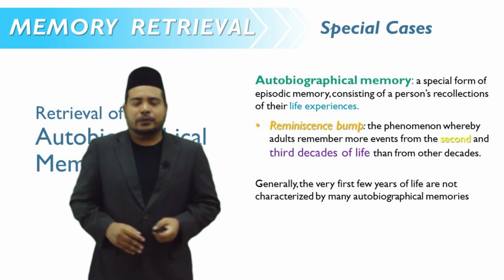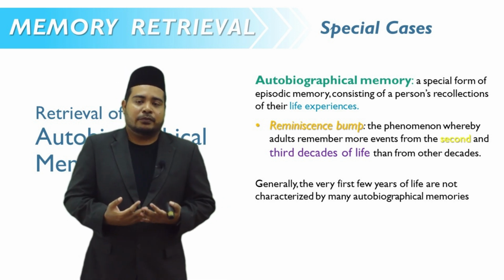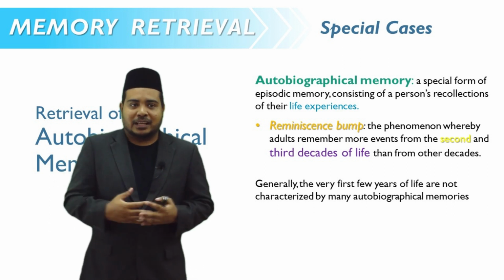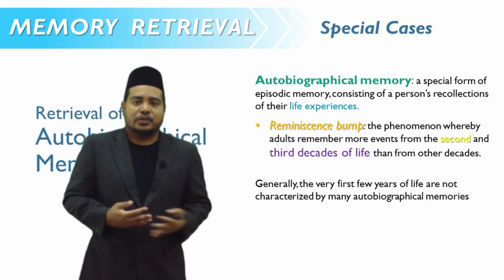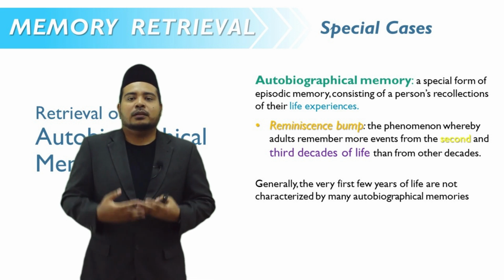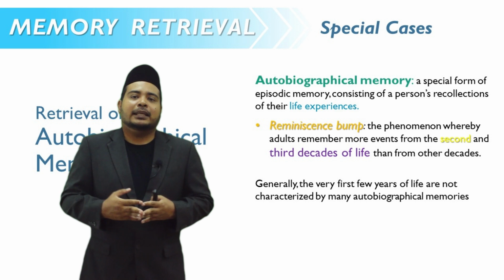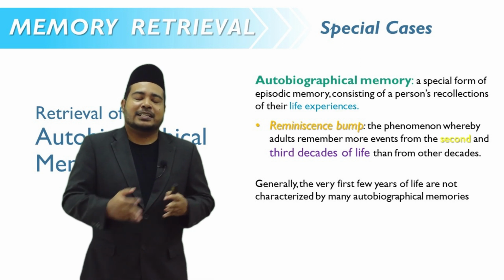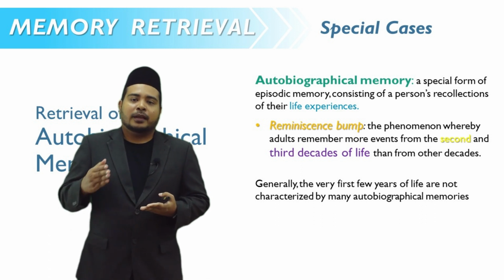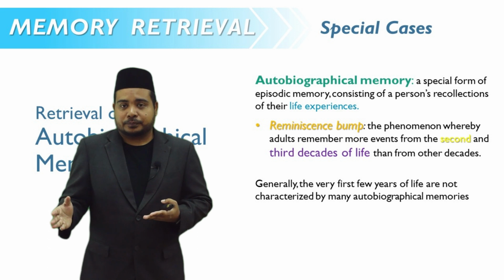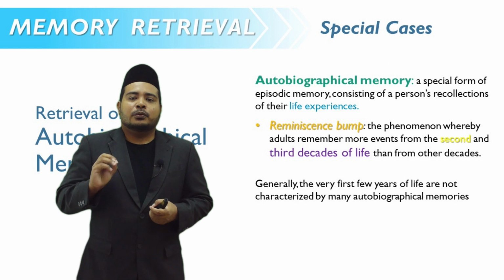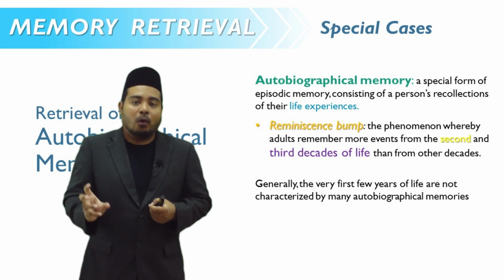Okay, say for example, currently I am 35 years old. So when I talk about my life events, I share it with my sons, with my children, or I share it with my students. Usually, people of this age will talk about their experience in their second decade and third decade, meaning from 11 years old to 20 years old, and from 20 years old to 30 years old. Why? Because according to reminiscence bump concepts, we tend to remember this even more as compared to